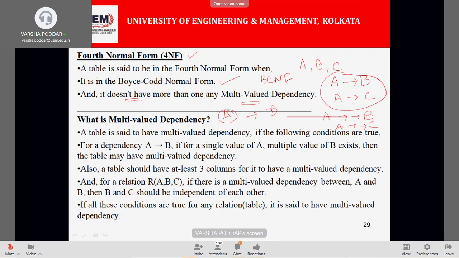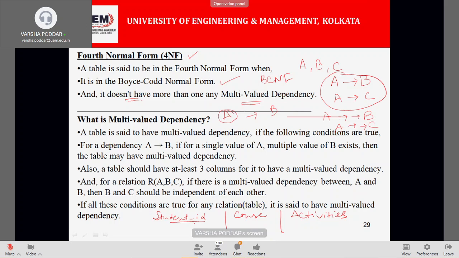So take the example of student ID along with the course that he or she is taking and the activities that he or she is doing.